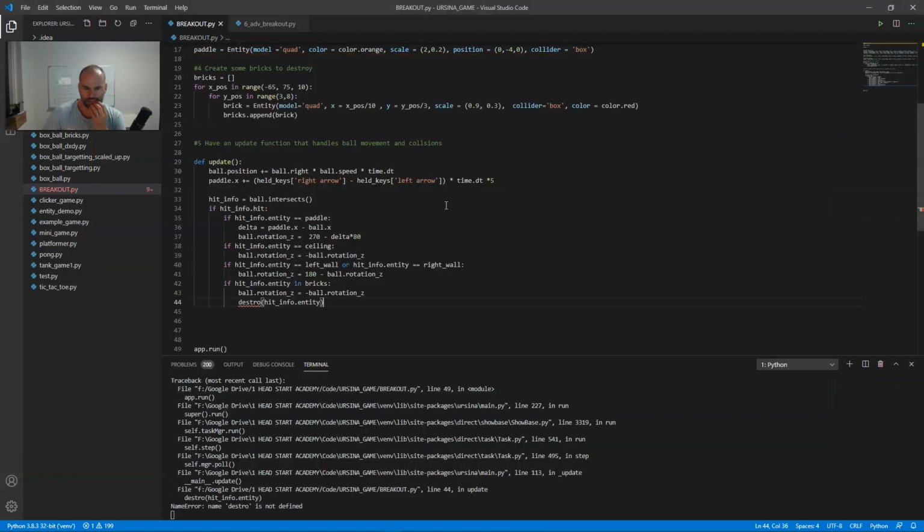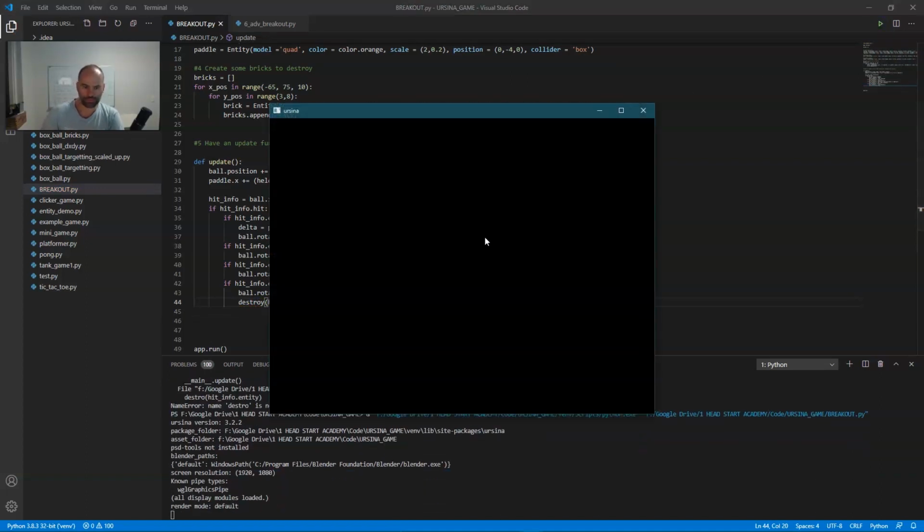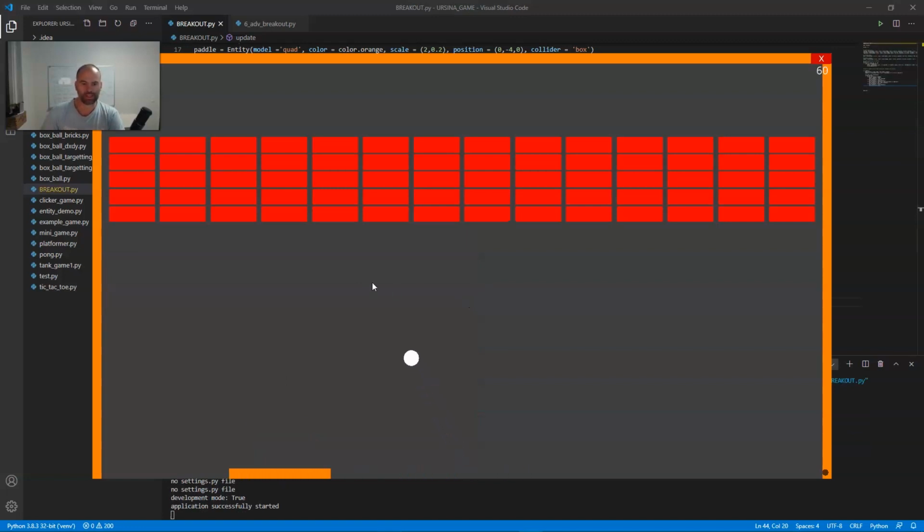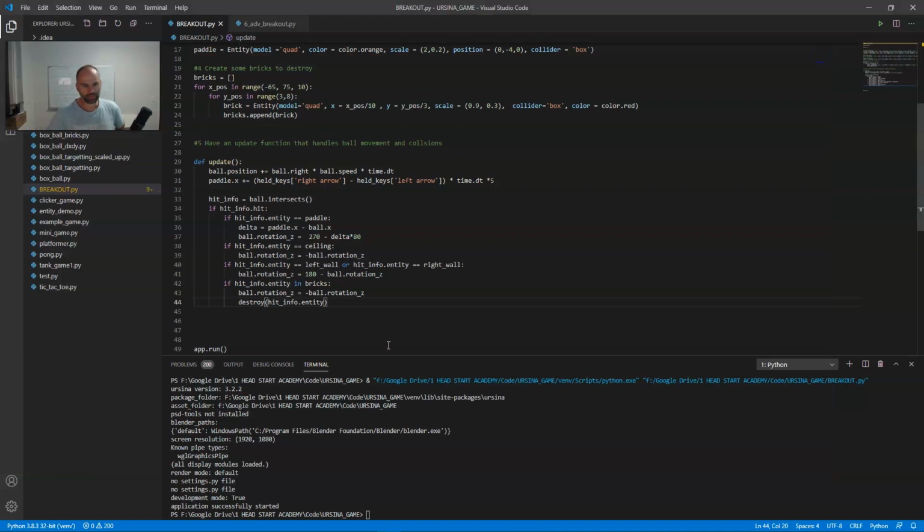And destroy. Let's see. Boom. There you go. That works. So we don't really have winning, losing conditions yet. And this ball sure could be a bit faster. In fact, why don't we ever so slightly increase the ball speed every time we hit it? So if you hit the paddle, ball.speed